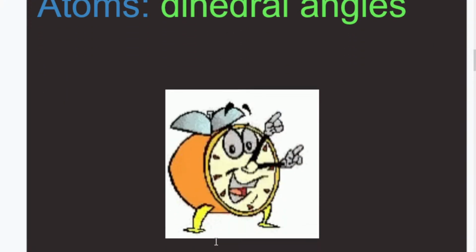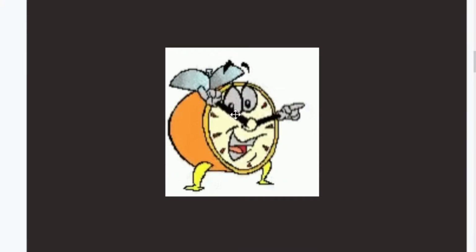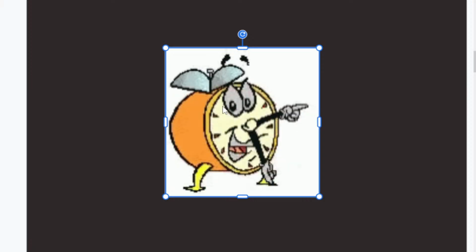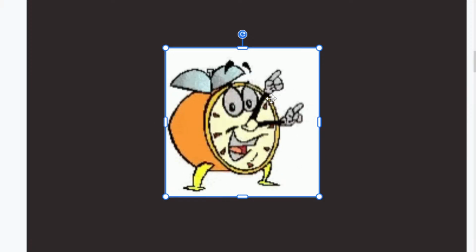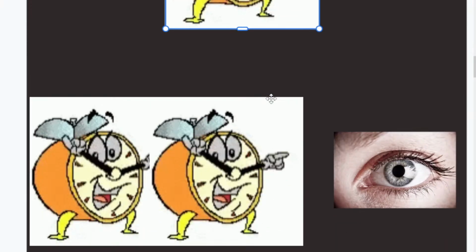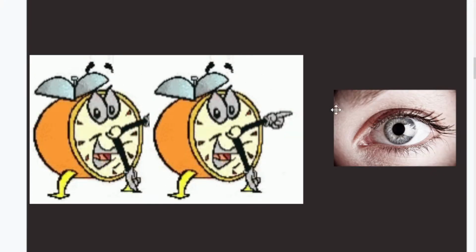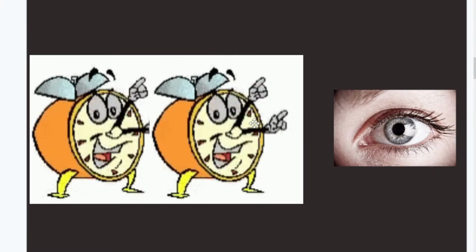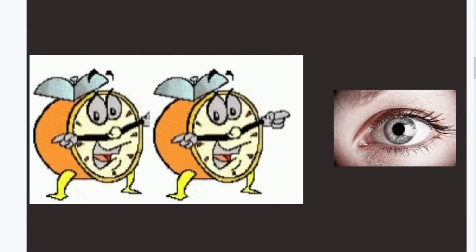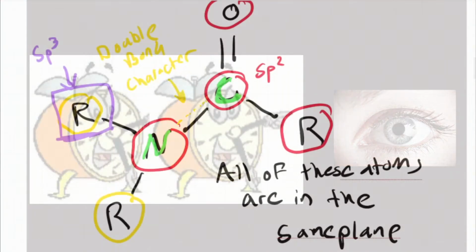Now this is where our eyes might start to widen a little bit, and so I want to bring us back to, think about a clock where only one hand is moving on the clock. And if we stacked two of those together, how could we look at those two hands moving and possibly see an angle between them? And so this is where we're going to get into the dihedral angle.